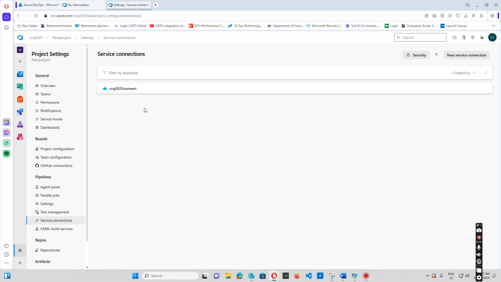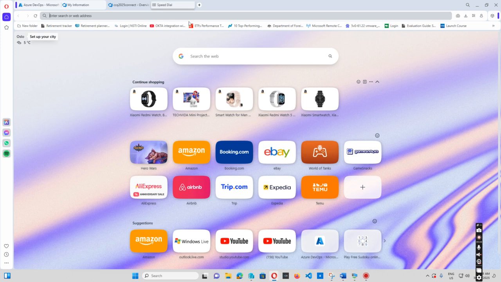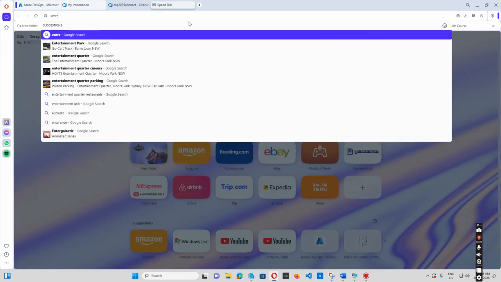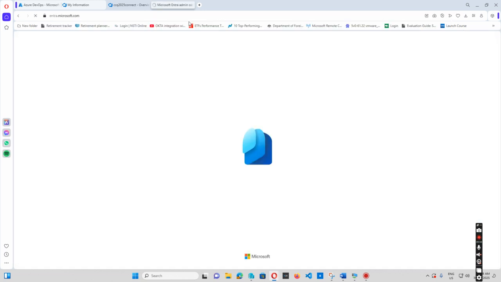So you just need to create a new connection, put in your subscription, and input your global administrator for the process. When this is created, it will create an application in entra.microsoft.com. If I go to entra.microsoft.com,